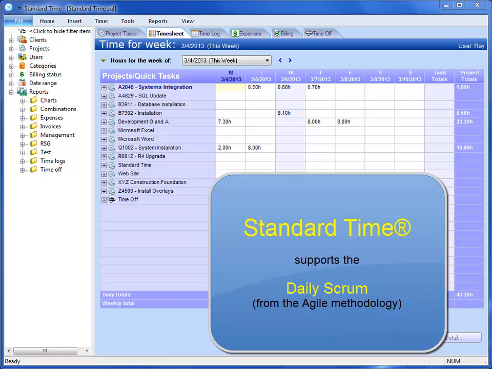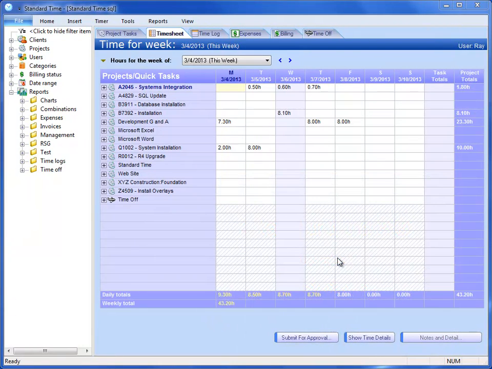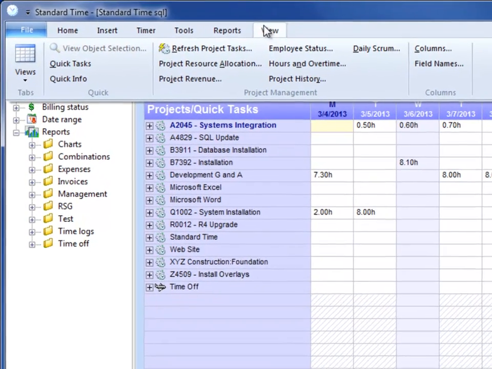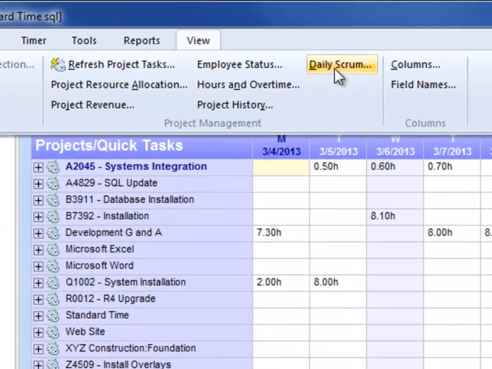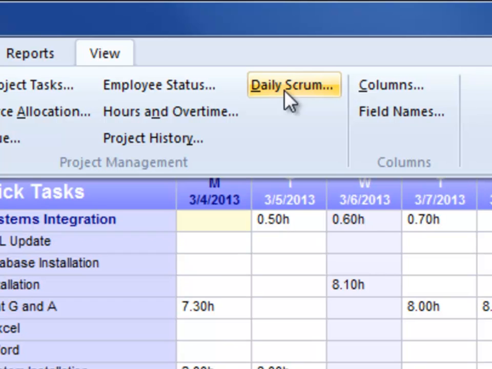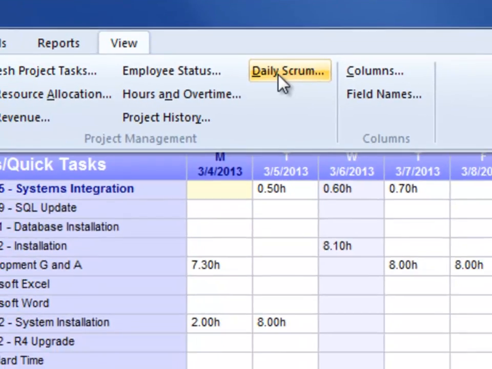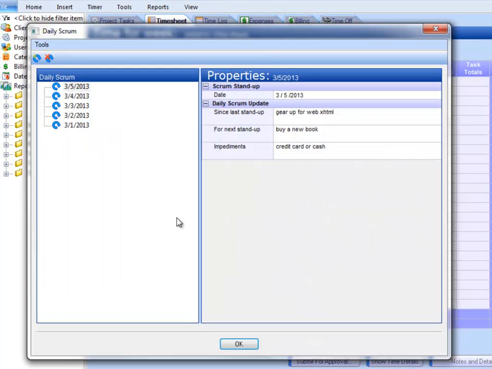Basically in that meeting, you stand up and give a little bit of status on what you're doing. There's a certain format to it, and so Standard Time supports the daily stand-up. So let me show you how it does that. If you go to the View menu, you can choose Daily Scrum, and that's what we're talking about here. This is a Scrum stand-up meeting. It happens every day. So when I choose this, it gives me a little screen where I can put in